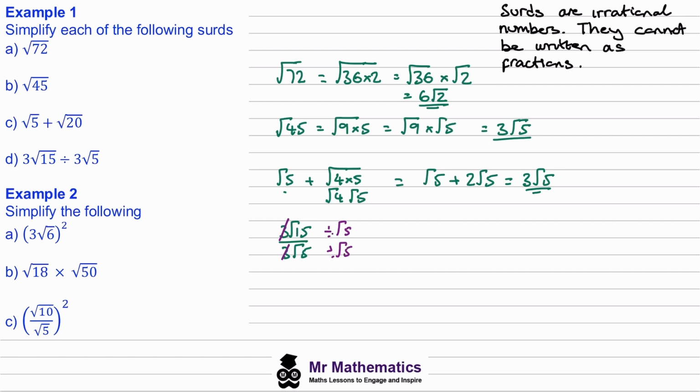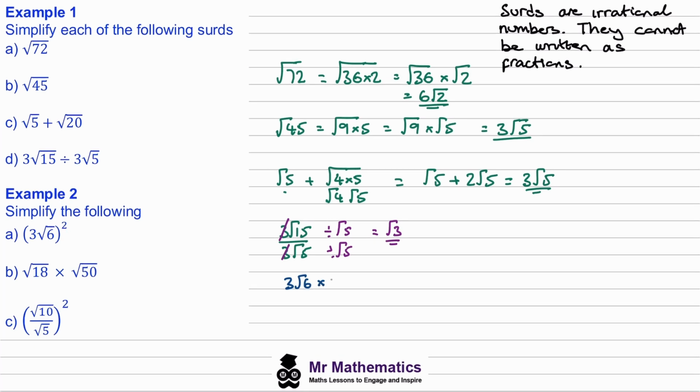Root 15 divided by root 5 will give us root 3, and root 5 divided by itself would give us 1. So this will simplify to make root 3. Okay? If we look at example 2, now we've got 3 root 6, and we're squaring this, so we're going